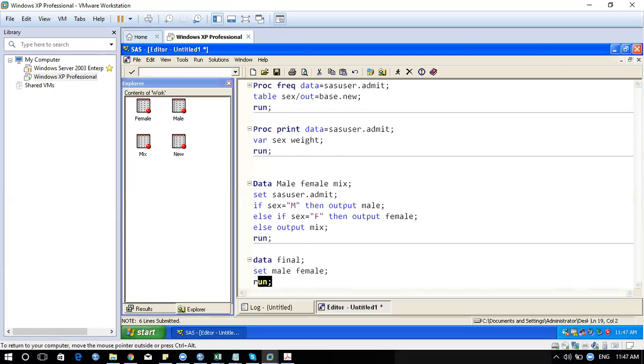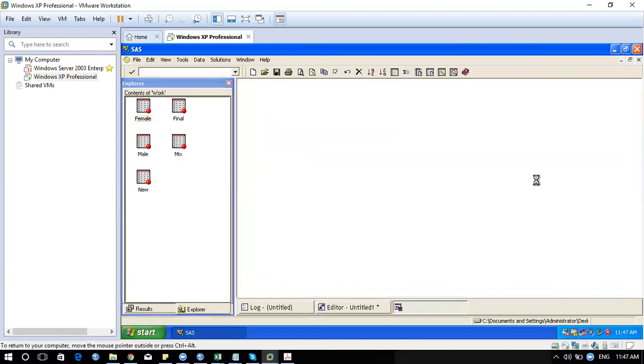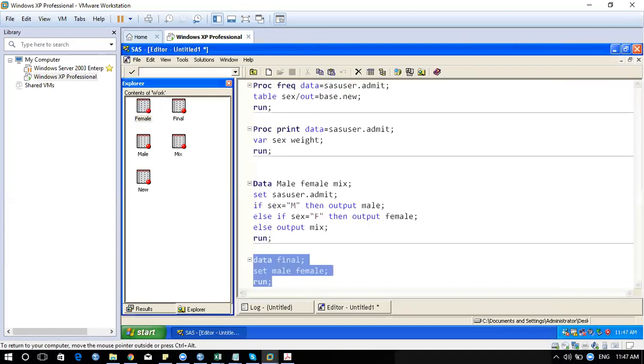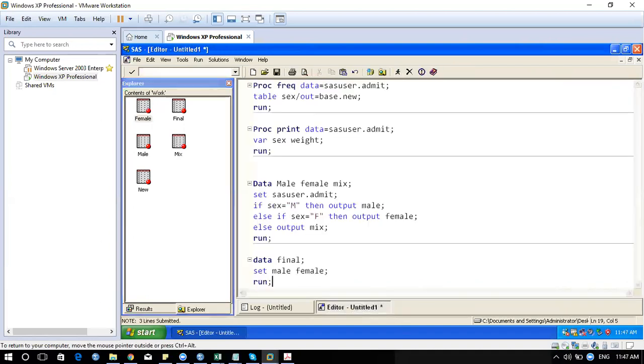If you go and look at this data set, you'll have final with male and female. So Ravi, in this case, male and female are names of columns. No, male and female are named data sets, right? Okay, but it's not taking into account. Wait, have a look. It should process.